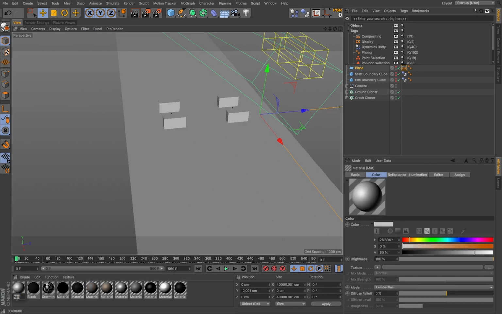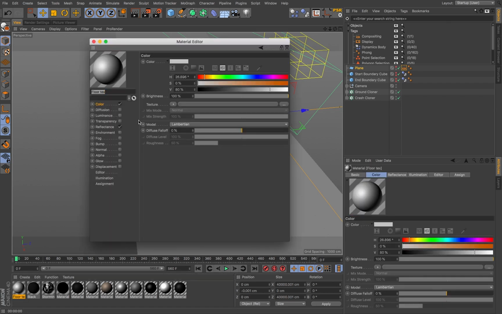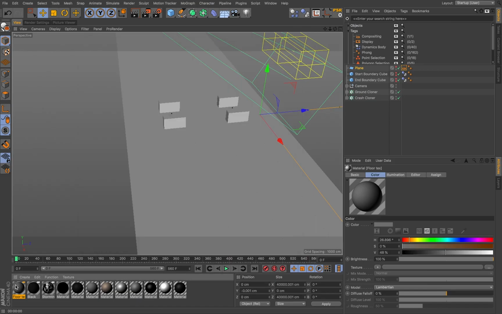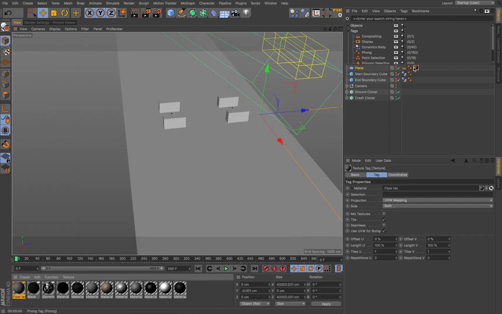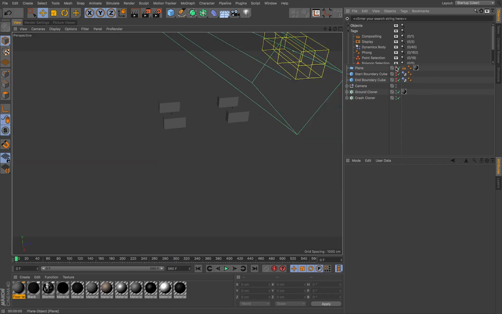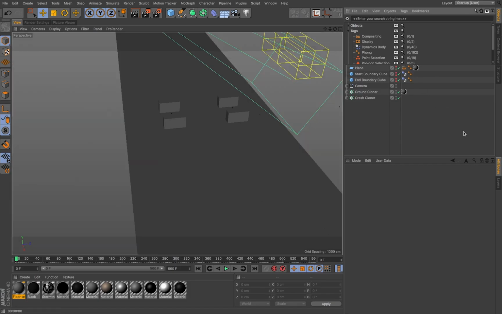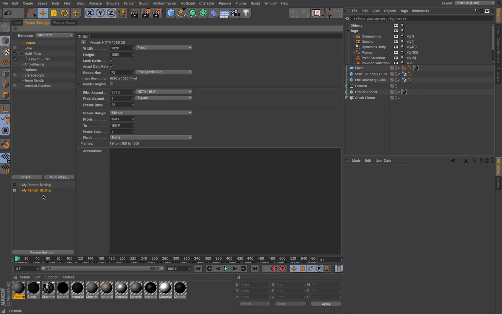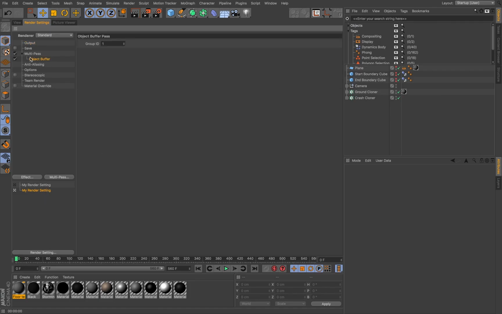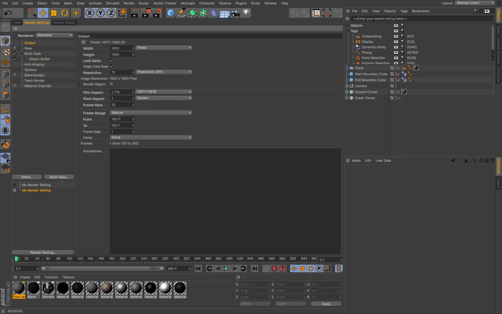Let's make a floor texture. Just turn off reflection for now. Just a bit of a grey one. Put that on the ground cloner as well. And then obviously in the render settings, change to standard, got the object buffer in there. And if I just render frame 150 for now,